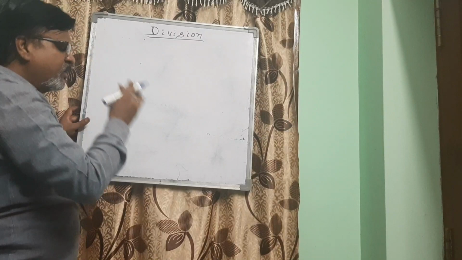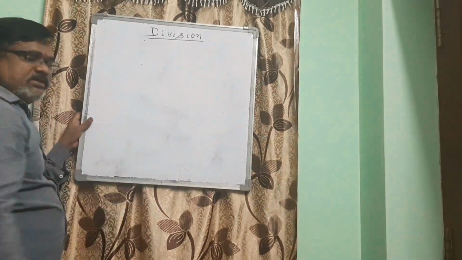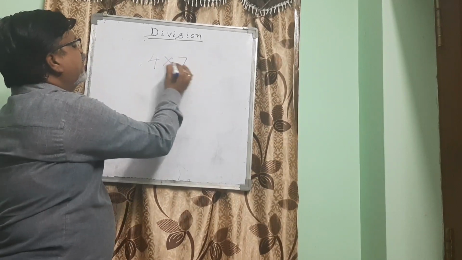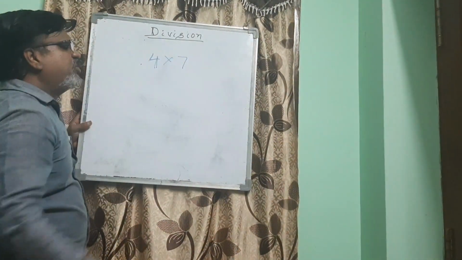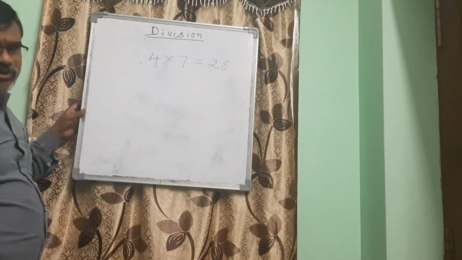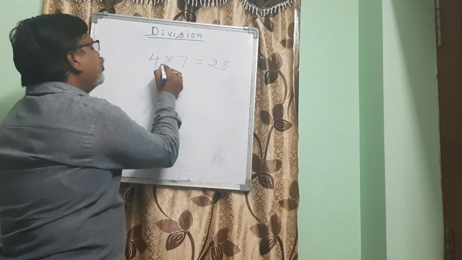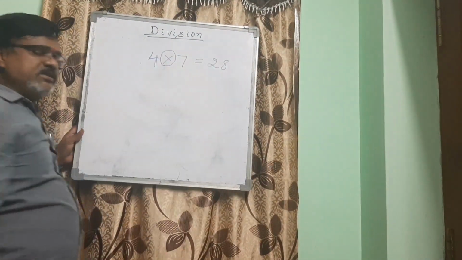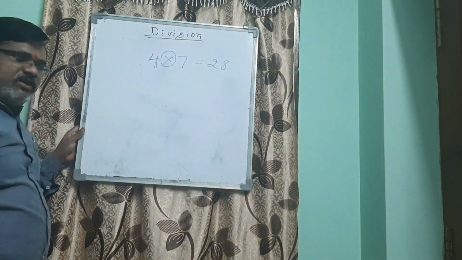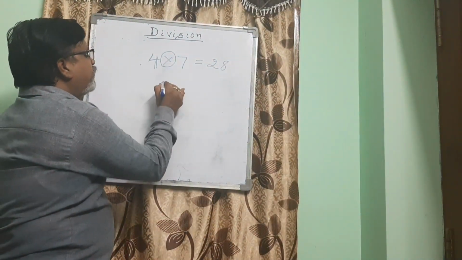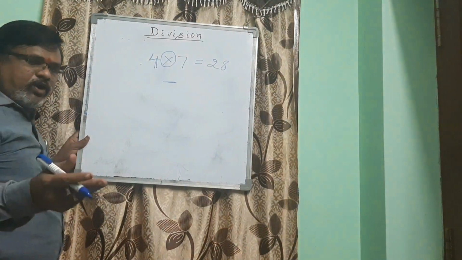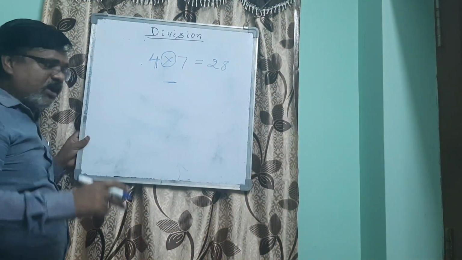For example, I told you when we discussed the multiplication algorithm, say 4 into 7. 4 into 7. So, as we know very well, we can write the output as 28. But generally, do we have this multiplication operation in our digital computer? Do we have this multiplication operation in the digital computer? In fact, we don't even perform the subtraction operation directly. How we are going to perform the subtraction operation in the digital computer, you know very well.